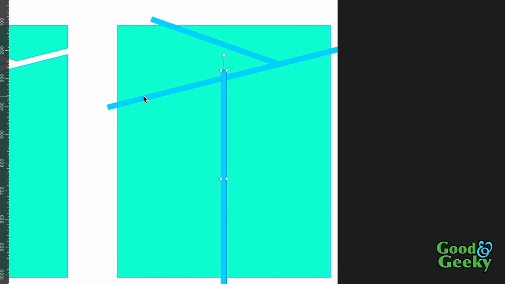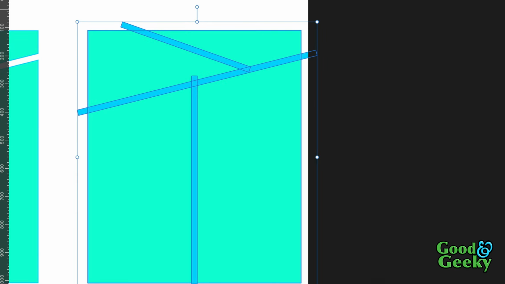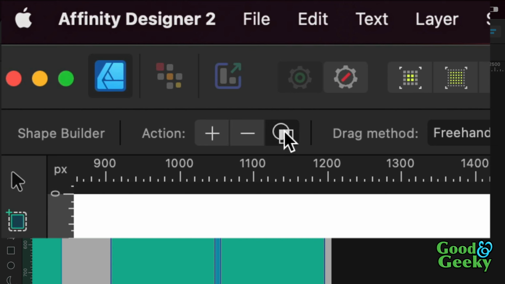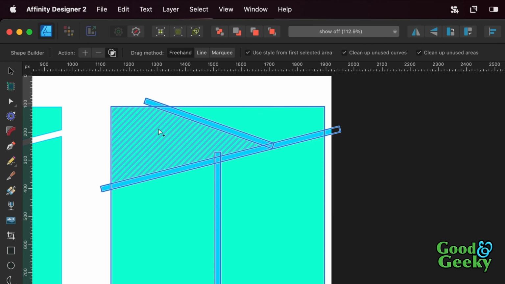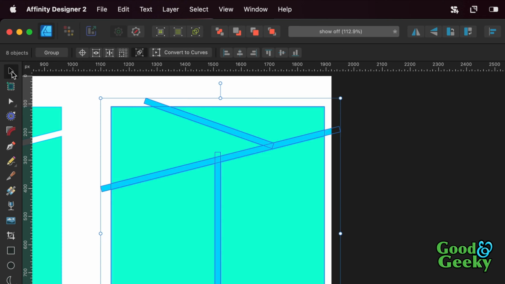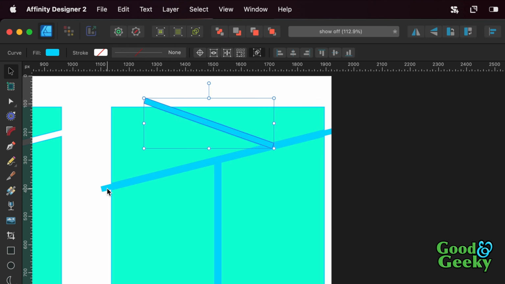Another way to do this with the shape builder tool is to, let's grab them all again, select all of these ones here. So once we've got those selected, we go back to our shape builder tool again. And this time we're going to use this here. And I want this to be a shape, including that wee bit there that's sticking up. That's one shape. This is another shape. This is a shape, and that's a shape. So I've got all those shapes in there now. You can't see them yet, but when I get rid of these bits underneath here,